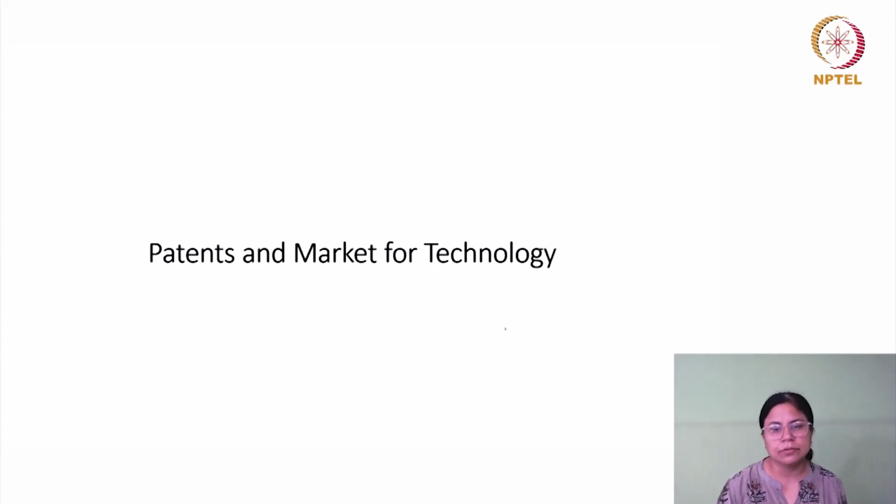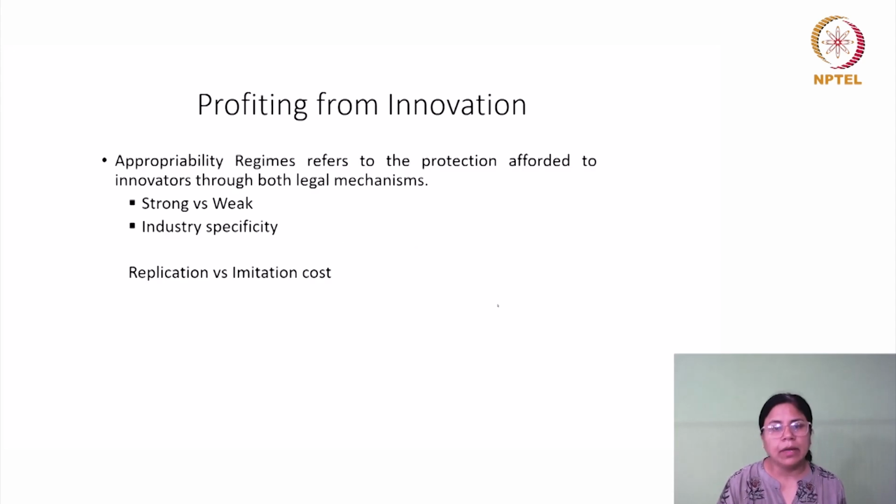Continuing with our discussion on market for technology, now we will look at the role which is played by patents in supporting and facilitating this market. We have an elaborate discussion on what patents are and how they can actually play a role in technology transfer. We have discussed the kind of regime that is prevalent in a particular country. If you recall our discussion on TRIPS related changes in India and how TRIPS related changes had brought harmonization of intellectual property rights in the different economies.